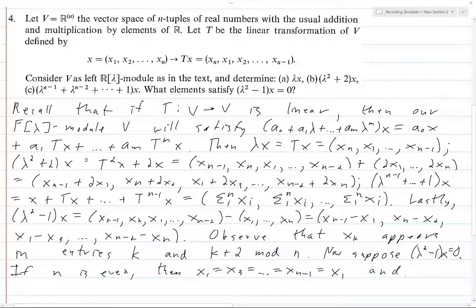Okay, so that's for x_1. What about the others? We have x_2 equals x_4 and so on, all the way up to x_n because n is even. Of course, this is counting even numbers. And when this loops back around, it becomes x_{n+2}, which mod n is just x_2. So (λ² − 1)x = 0 if and only if